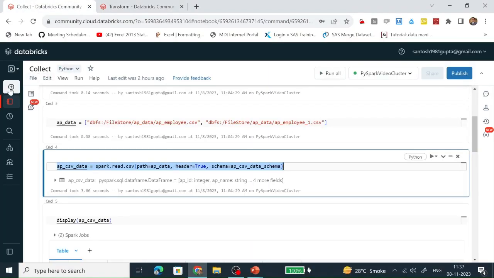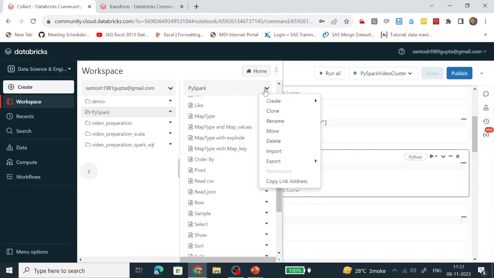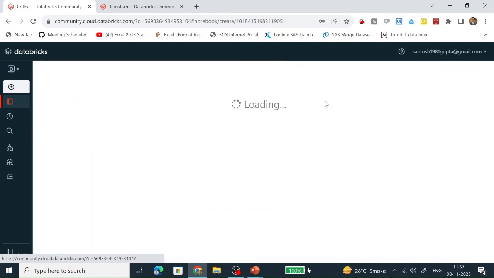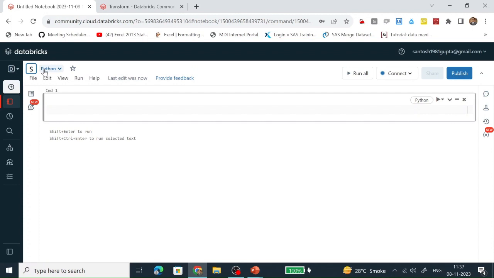Let's create one notebook. First, let's import all the required libraries. Let's connect it with our currently running cluster.